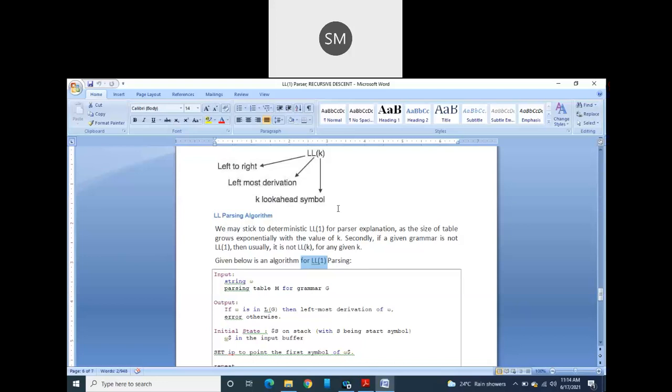Where can I keep my next foot? Where can I keep my next foot? If I keep my next foot there, where can I put its next foot? That also you will plan here only, you will prepare here only, otherwise you will fall down in the water. Are you getting, guys? This is the same way we are going to do this parsing here.